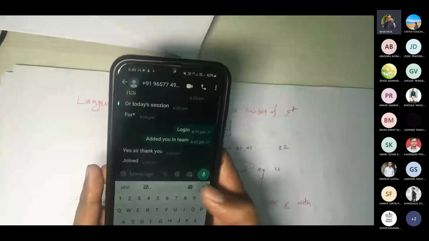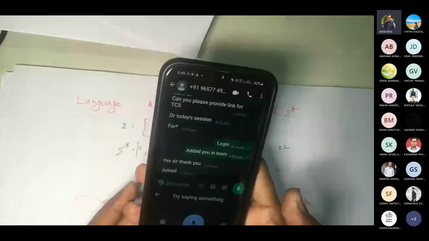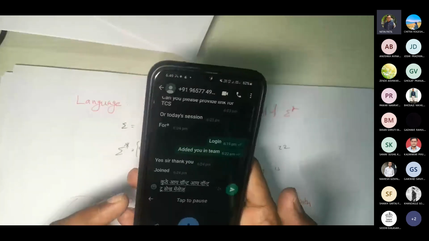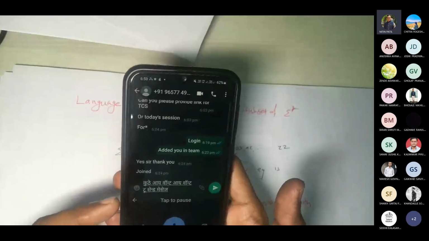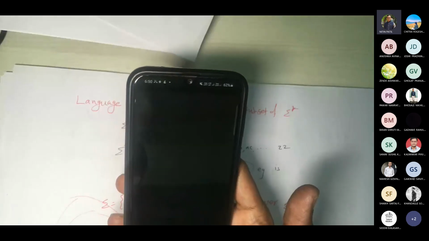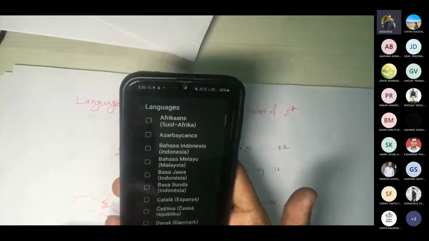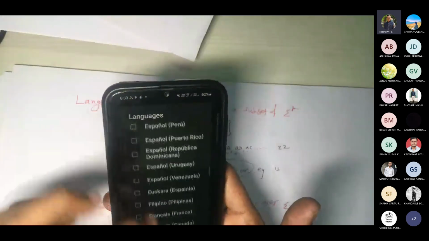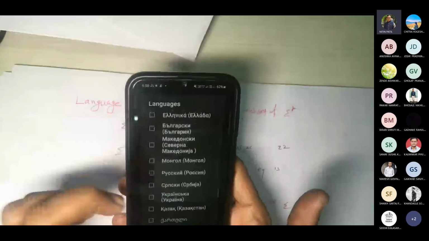So if I say, I want to send you a message, you will see that whatever I'm speaking is directly typed. That may be because of the language that is chosen. If I change languages, suppose I say stop this Marathi, let me stop it.